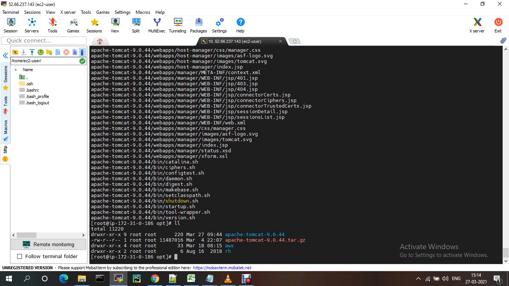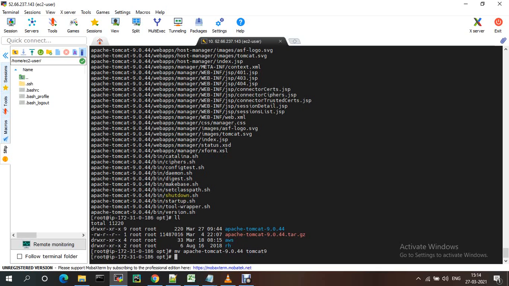I just rename it to tomcat9 to keep it simple, and I'm removing the tar file.